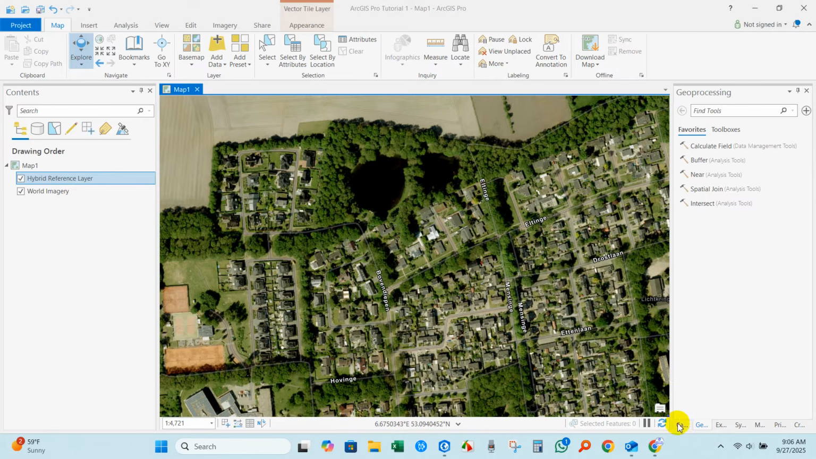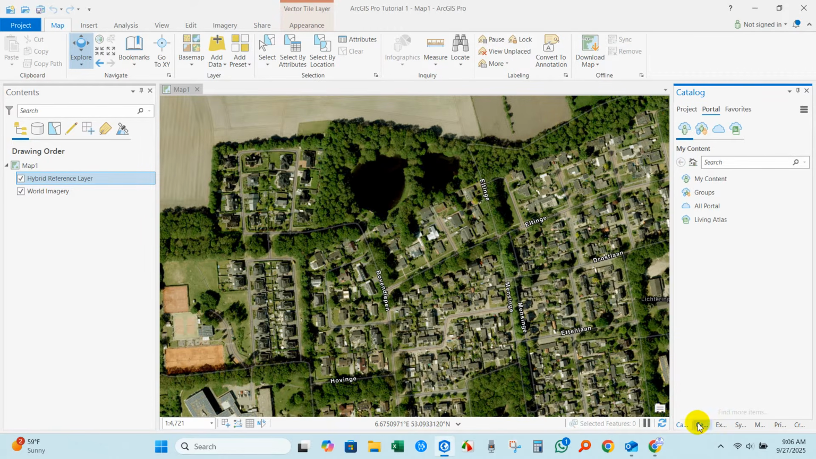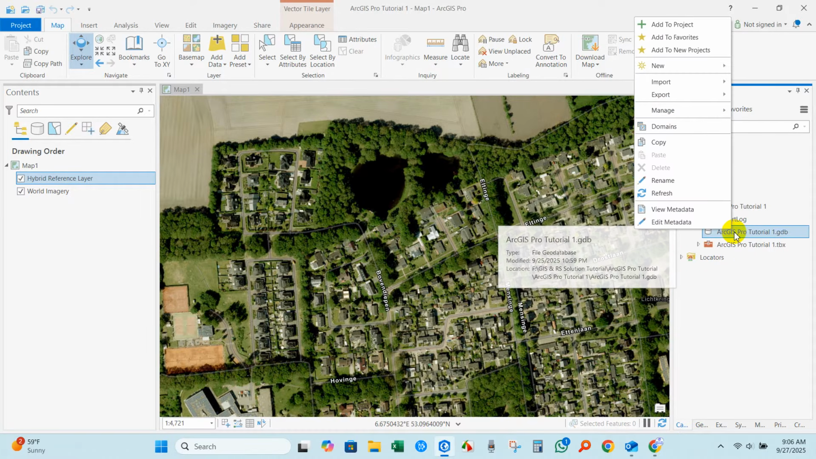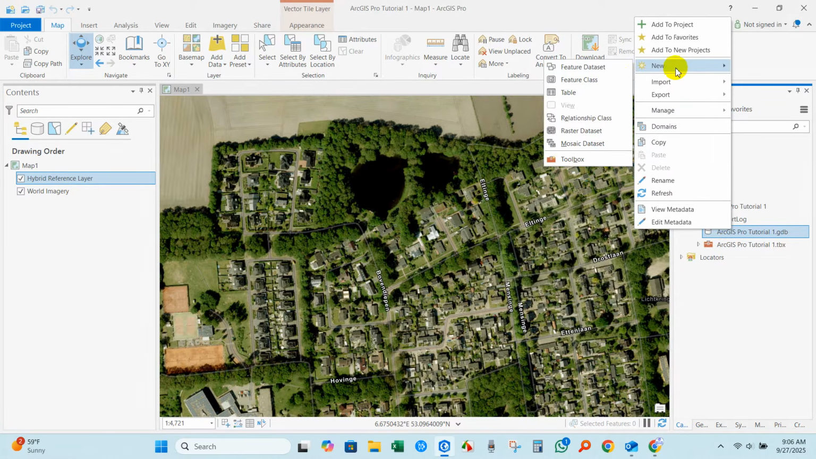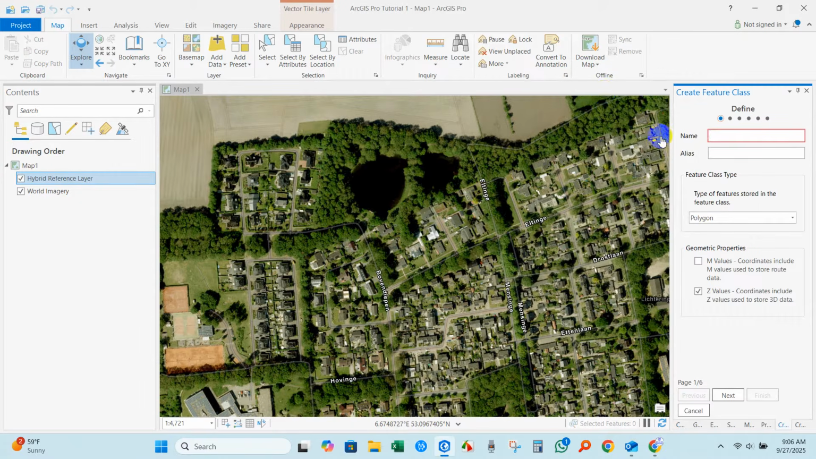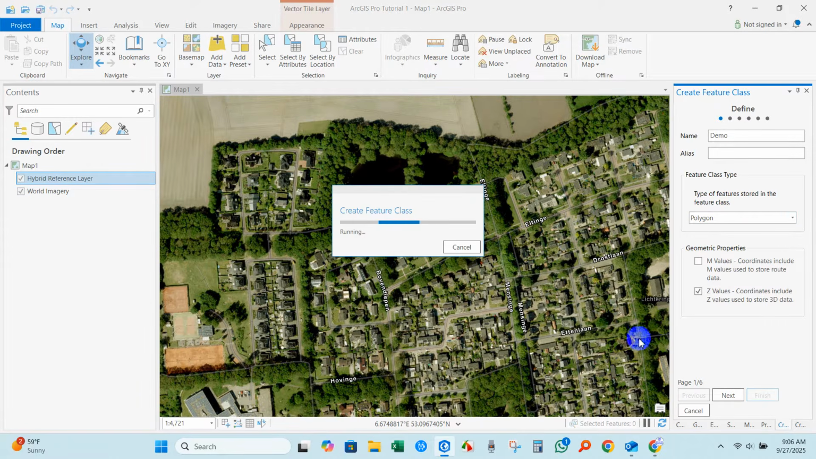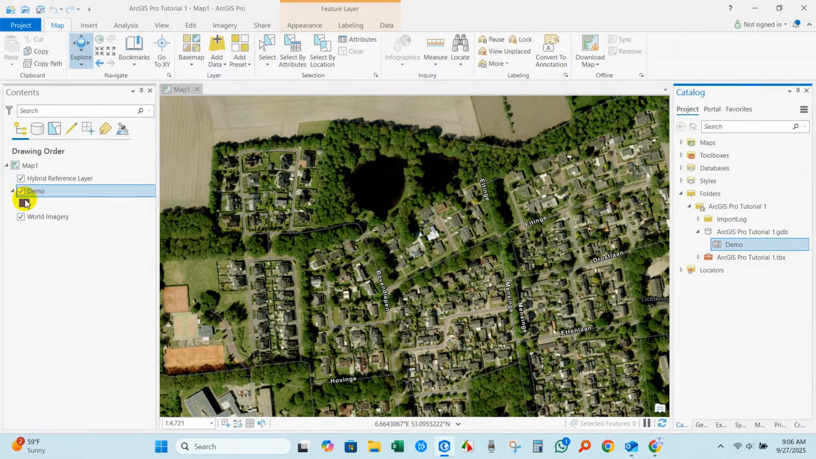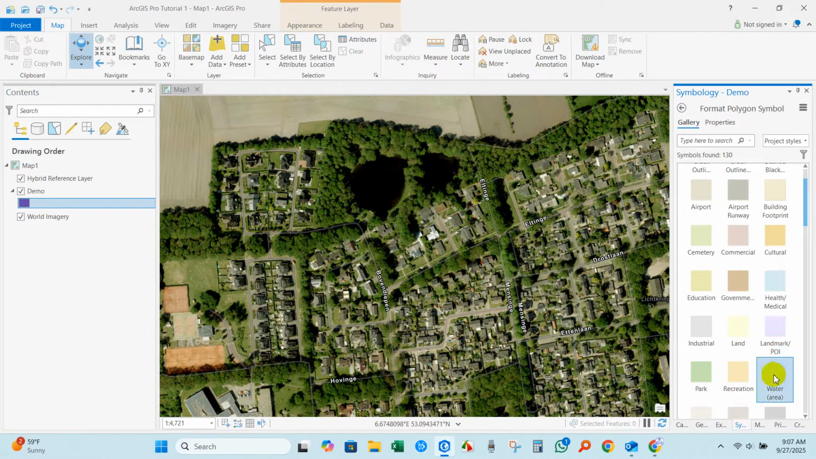So go to catalog and then project, and then go to the folder of your project, right click and then new feature class. I'm creating a feature class and I'm going to name it demo, and feature type polygon, then finish, right click, and then demo. You can see here, double click here and you can change the color